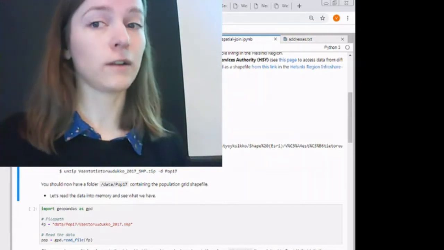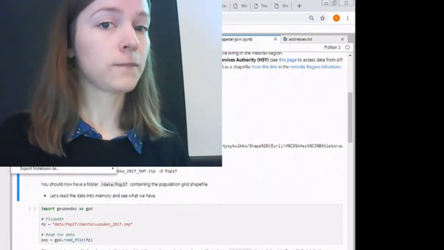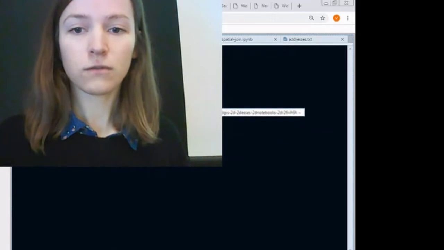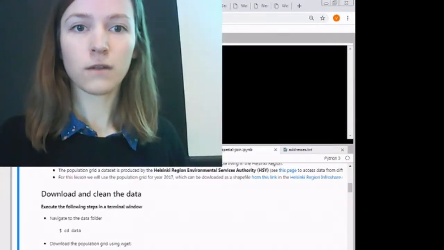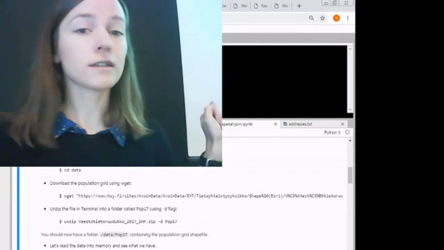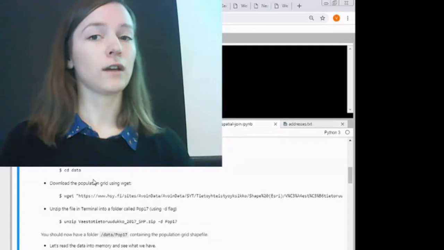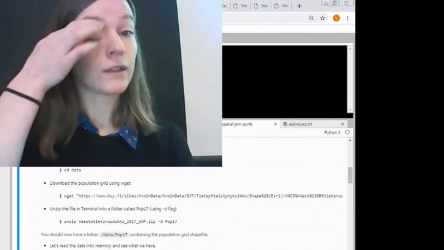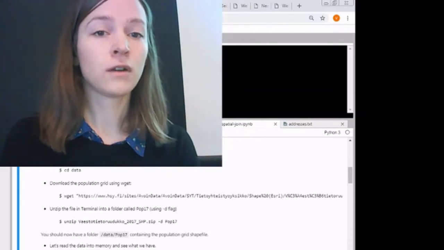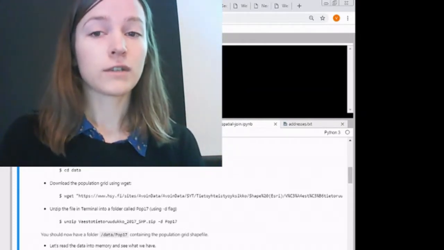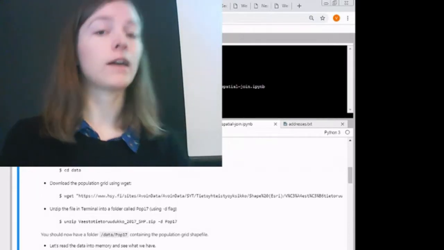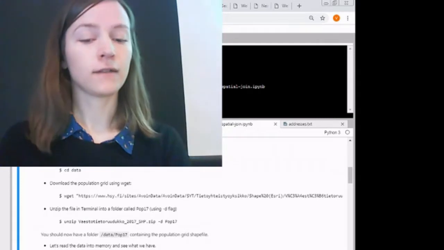So we'll need to work in the terminal a bit. You can open a new terminal window, and we can organize it so that we can see the instructions. Hopefully, there. I want to have it below. Well, maybe it's better that it's up there. So the instructions are such that we should first navigate to the folder where we want to end up with the downloaded data. By default, we are somewhere in the root. So actually, in addition to cd data, I want to first go to cd notebooks. What's inside there? Then I want to go cd lesson 3, and see what's inside there. There we have now the lesson notebooks, and then now we're up to speed with the instructions,